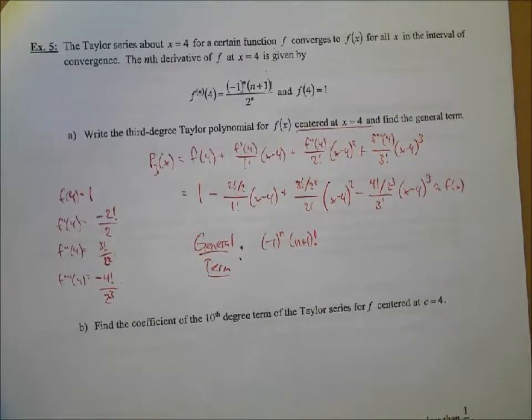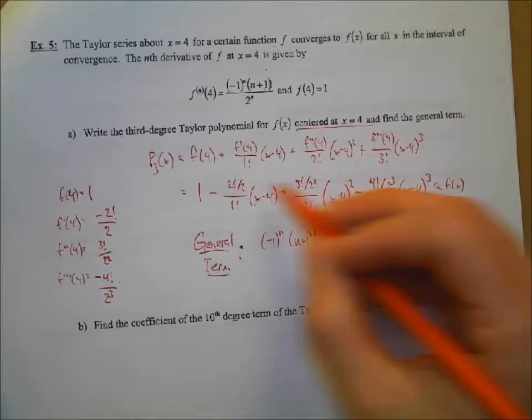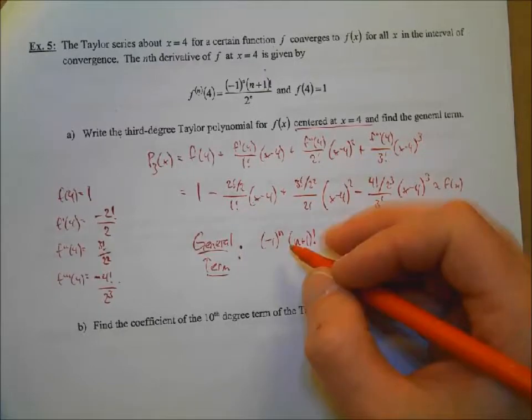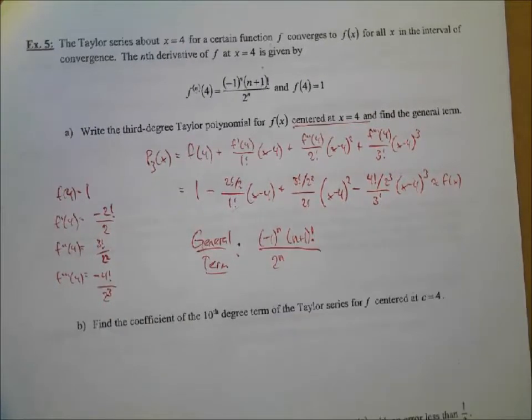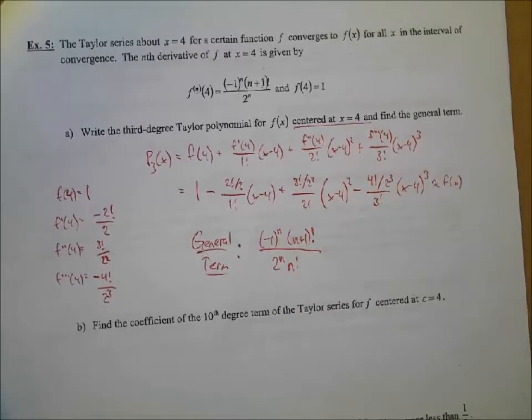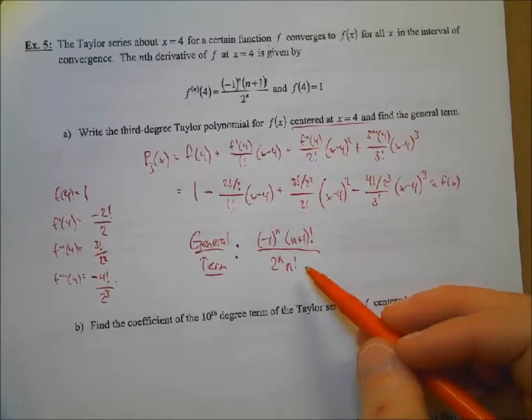factorial there. I'm going to go ahead and move all these 2's, like the 2 squared, the 2 to the third, into the denominators there. And so that's going to be just 2 to the n, and then n factorial. Exactly right. It's the exact thing that we're given right there, except we have to add in the n factorial as well